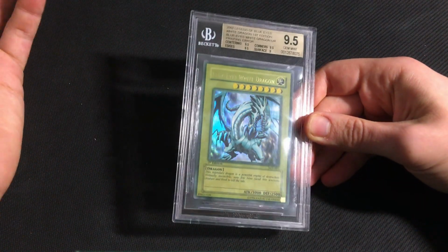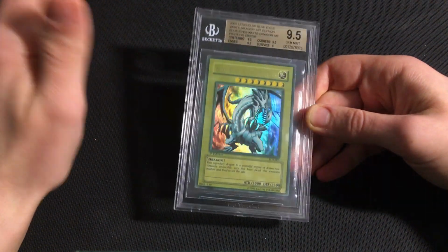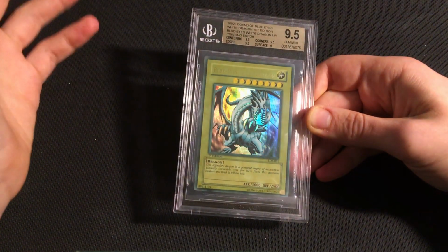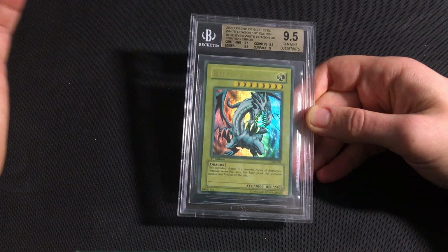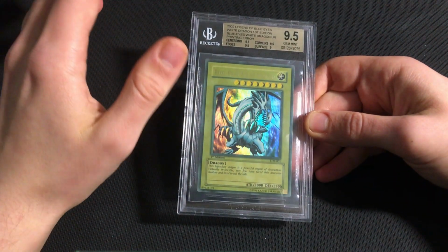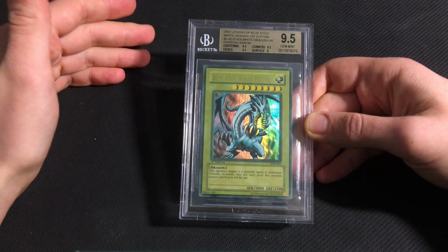So this is number 1 on the list, both in terms of the actual value of it, but also I guess the holy grail factor. Because for most collectors, wavy Blue Eyes is considered the pinnacle of OG collecting. I never expected to own a BGS 9.5 with this card in wavy print, let alone a faded one, so